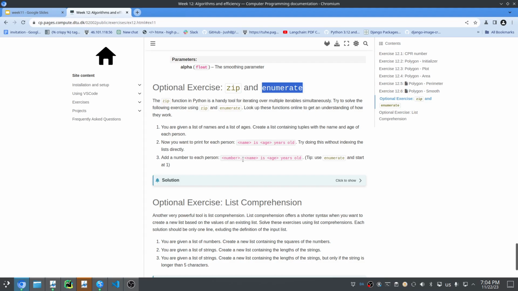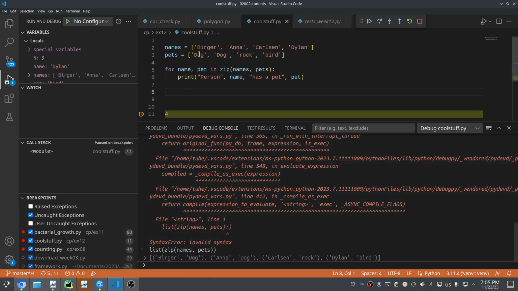Let's look at the last idea. That was to also have a number, a name, and some kind of property. So how can we do that? Let's say we want to write out person n is, and then the name, and then has a pet, and then the pet. It has the same pattern as the last exercise, but we need n to be what number the person is. Well, we can combine all of these ideas. So if I do enumerate